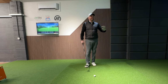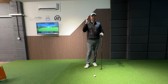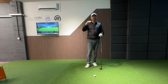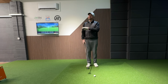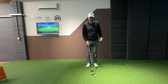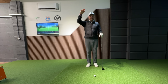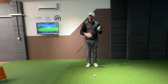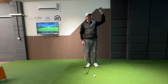But that 95 feet peak height for me is round about the height that I hit my certainly 5-iron down to pitching wedge. And as a general rule, you should hit all your clubs around the same peak height. Obviously, just the trajectory is a little bit different and the distances are different. But I see with, let's say 99% of golfers I see, the short irons, they get the same peak height. But even at getting into mid irons, we start seeing a drop off. Long irons, a huge drop off. And that's where we don't see the correct gap in. And that's where if you go for a gap in session, look at those yardages and see how the height